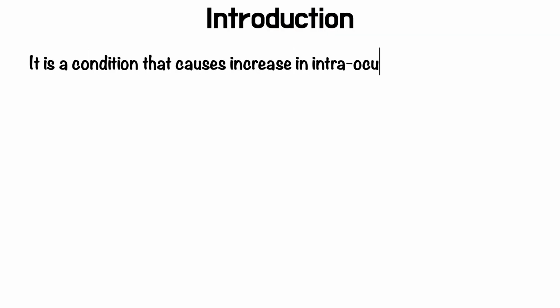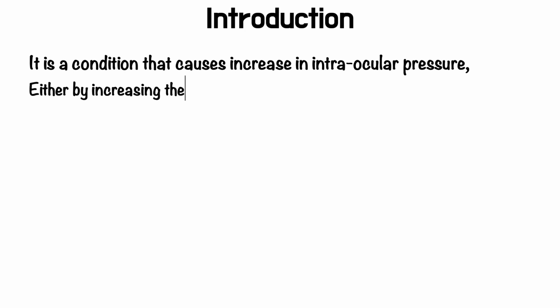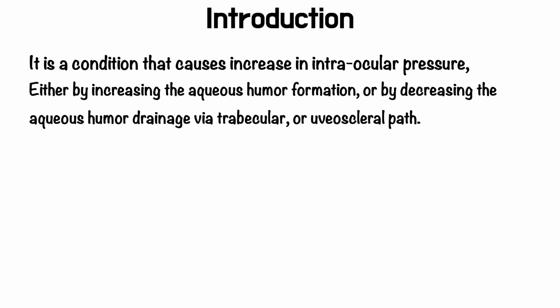So let's begin without further delay. Glaucoma is a condition that causes an increase in intraocular pressure, and that can happen by two pathways. The first is by increasing the aqueous humor formation, that is the fluid present in front of our lens. The fluid present inside of our eye before the retina is the vitreous humor. So the pressure increases by increasing the aqueous humor formation,